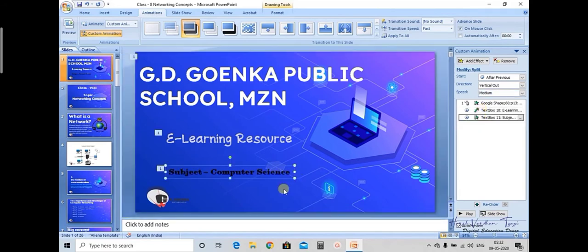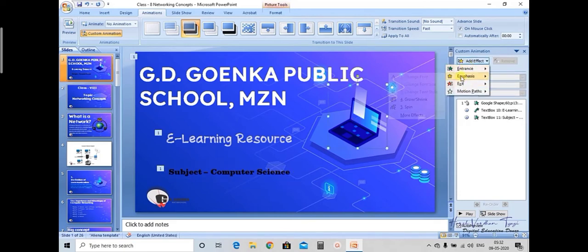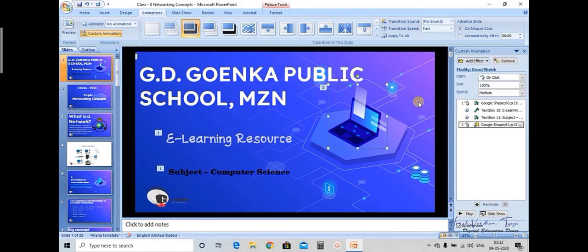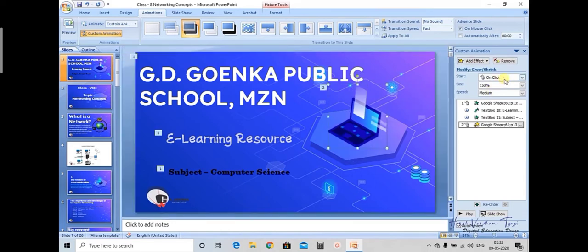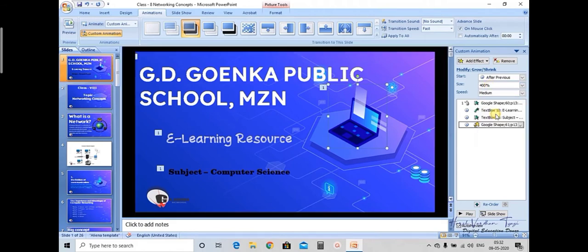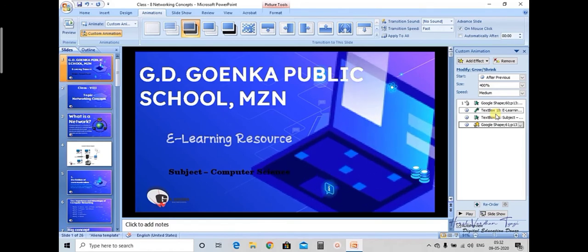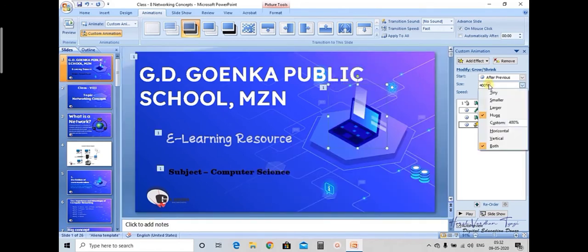Now I am selecting this image on my slide, add effect, emphasize, glow and shrink, after previous, size huge. It's becoming too much, let me give it 200.